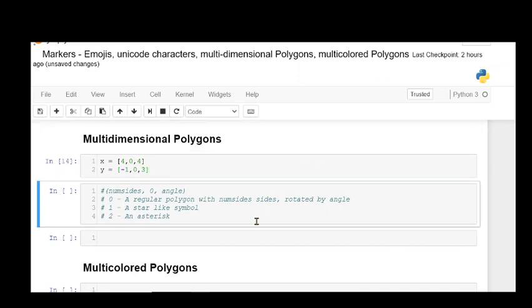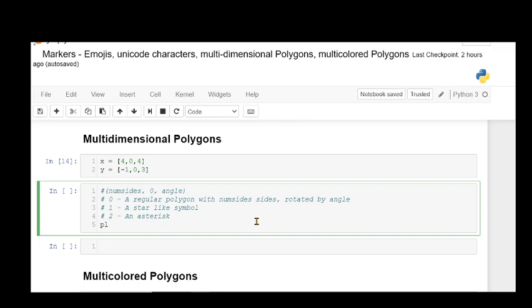When you do a plt.plot of this x and y, I've taken 3 data points. Now in the marker, you can give a tuple. The tuple takes three inputs: the number of sides of a regular polygon, 0 for the regular polygon, and you can pass an angle. For example, I say a marker with suppose 7 sides, a regular polygon, and I'm not giving any angle.